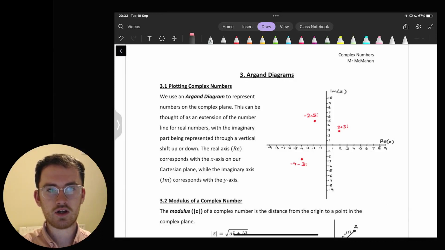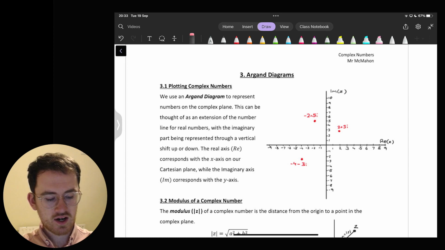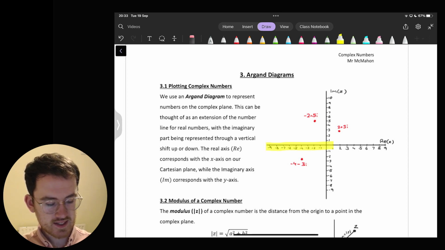Okay, so we're going to look at the Argand diagram. The Argand diagram is kind of like the complex equivalent of our Cartesian plane, our xy plane that we're used to for our standard numbers up to our real numbers. And when we're looking at our Argand diagram, we can think of it as being like an extension of our